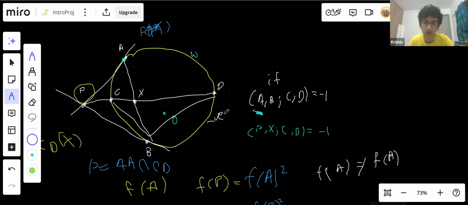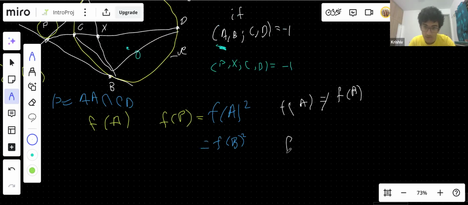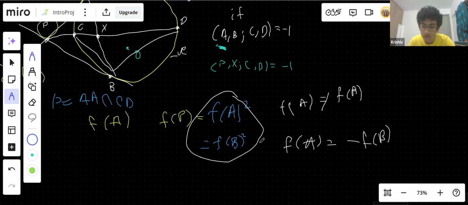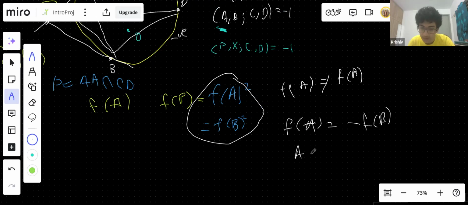Anything under is negative and anything above is positive. So f of a is not equal to f of b. So f of a must be equal to minus f of b, since f of a is equal to f of b squared. So what we get is CA over AD